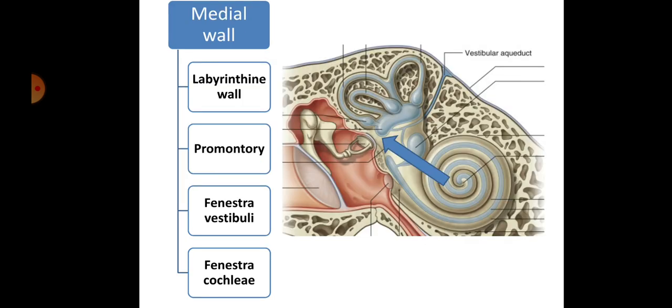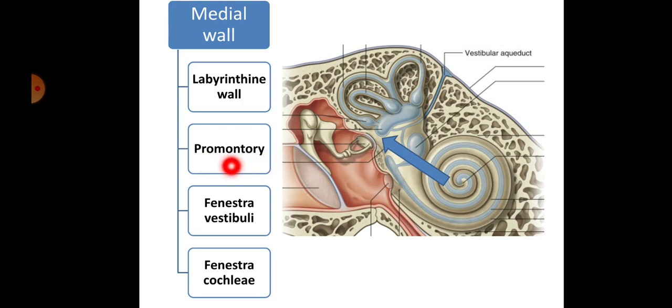The last one is the medial wall. See, this is a cavity, this is the medial wall. This medial wall is formed by the internal ear. The internal ear is also known as the labyrinth. It means a labyrinth part is situated and impressions of the labyrinth are expressed in the medial wall of the middle ear. Because of that reason, this medial wall is also known as the labyrinthine wall. These are the features found in the medial wall.